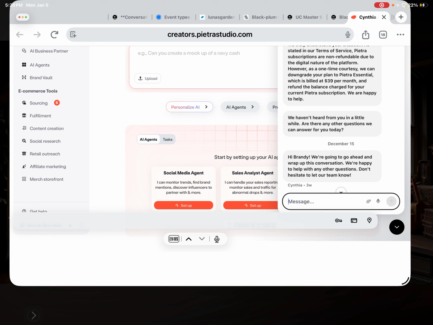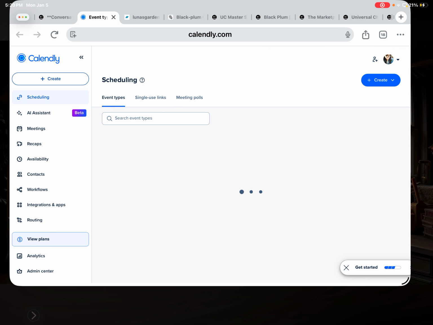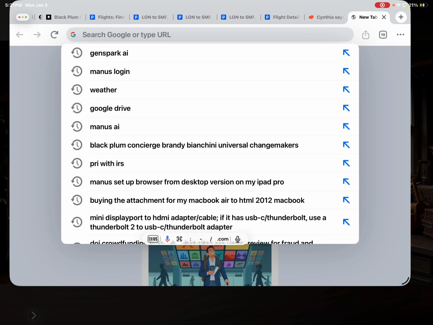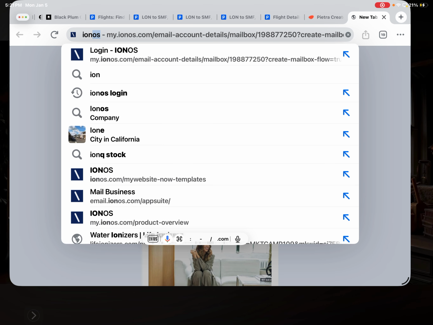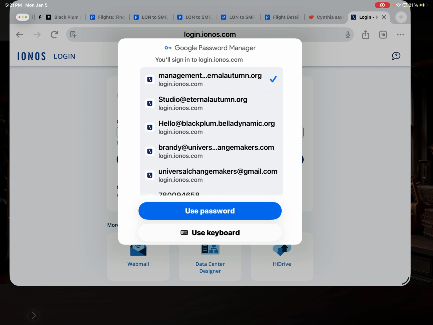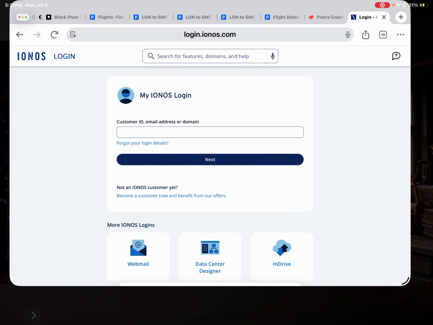Anyhow, so you should have a Calendly set up to your Gmail. You should have a domain that you choose when you're ready. We'll go through Ionos and get that done. Do not do it on your own because I have a partner portal with Ionos that goes through all of this stuff. Okay. So when you're ready to go pro, then we'll go through and we'll do this and we'll create the user and password and everything and get that set up.